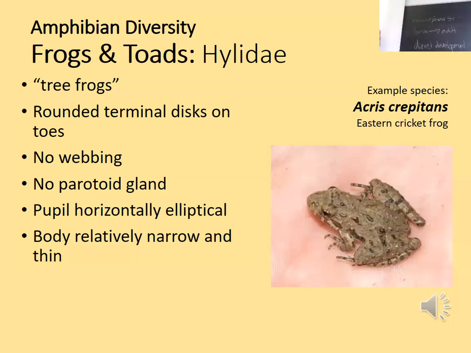These guys, the cricket frog, has this kind of bumpy skin that looks superficially similar to what we call a toad, but note that it doesn't have this parotid gland. These guys are tree frogs, so they're not usually living in a lot of aquatic habitats, so they don't have webbing between their toes, but they do have these rounded terminal discs on toes. In other words, their toes end with these big kind of circular pads, right? So if we drew the frog foot, you would see its toes ending with these big, open circular pads to aid in climbing when they live in trees.